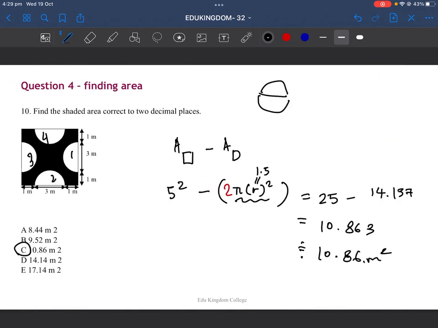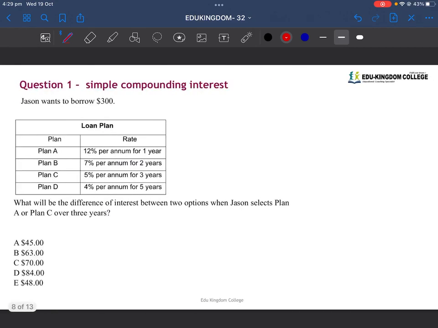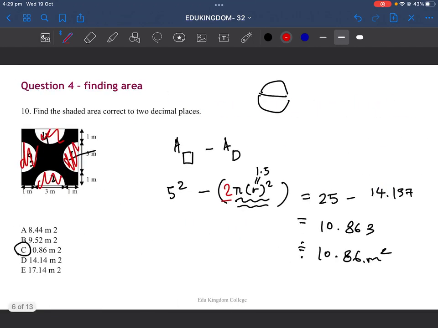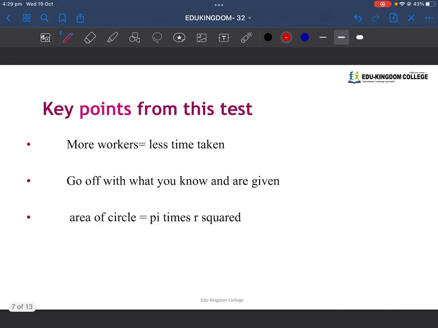All right. Point number three, area of a circle is pi r squared. Obviously, you guys can see in this instance, don't calculate the area of half of a semicircle, guys, and then times it by 4. That's just a waste of time. If you guys can see that there's 4 semicircles, then instantly you should go, oh, that's 2 circles, and just do times 2 instead, rather than finding the area of a semicircle and timesing that by 4 in this instance. And yeah, guys, that was it. Hopefully you guys understood, and